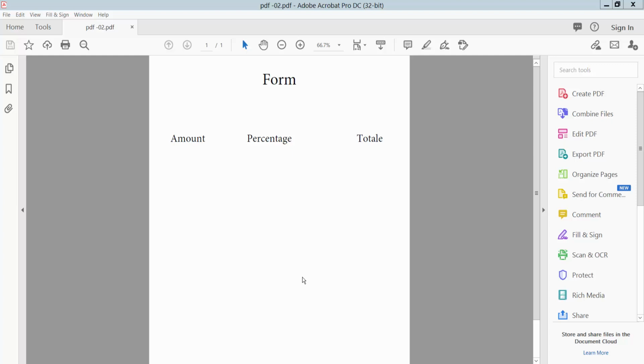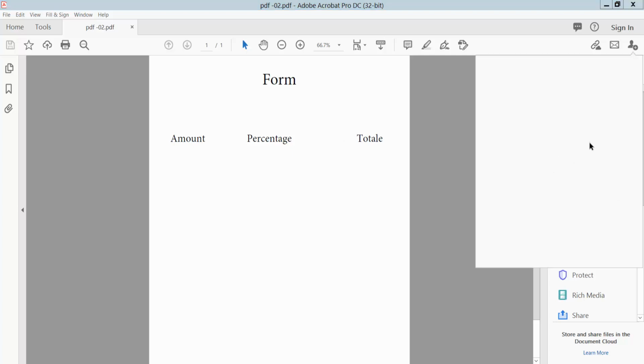Hello everyone. In this video, today I am going to show you how to calculate percentage in a PDF using Adobe Acrobat Pro DC. Firstly, open your PDF document and click